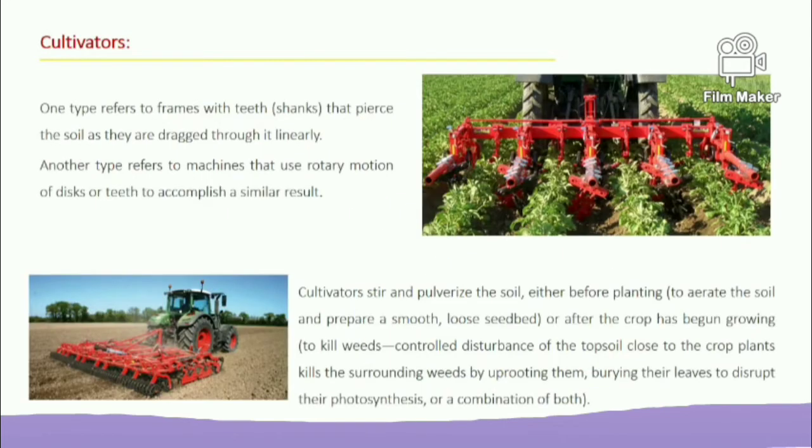The next is the cultivator. Cultivators stir and pulverize the soil either before planting or after the crop has begun growing. One type of cultivator refers to a frame with teeth that pierce the soil as they are dragged through it linearly, and another type refers to a machine that uses rotary motion of discs or teeth to accomplish a similar